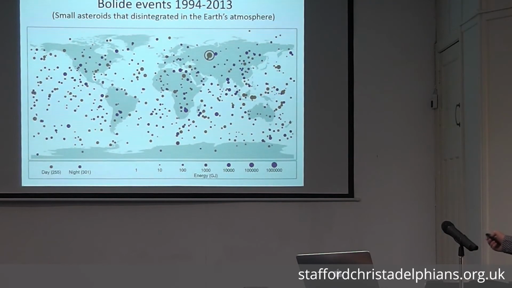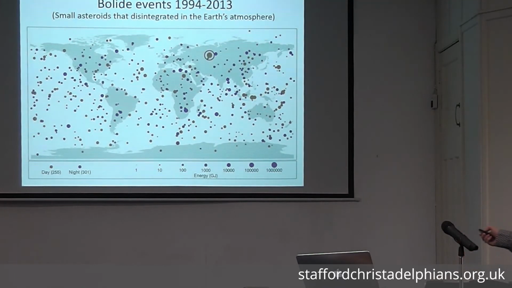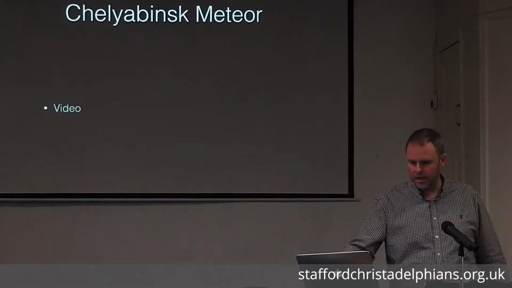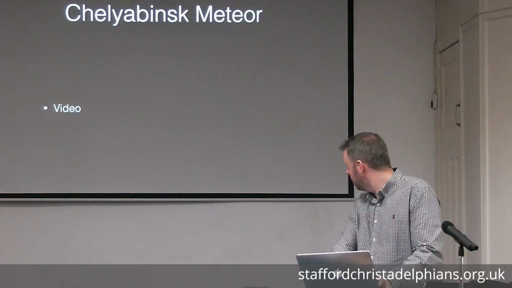This is really just in the scale of about 20 years. These are small asteroids that disintegrate in the Earth's atmosphere. And you can see only over that 20-year or so period, we're seeing something like 600 bolide events. Now, happily, it's rare that these events happen near civilization. You may have heard of one that happened in a place called Chelyabinsk only a few years ago in 2013. Now, I'm hoping I can show you a video